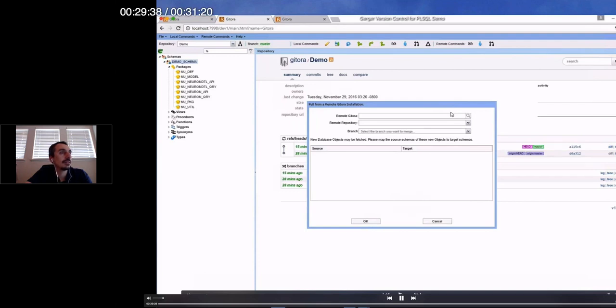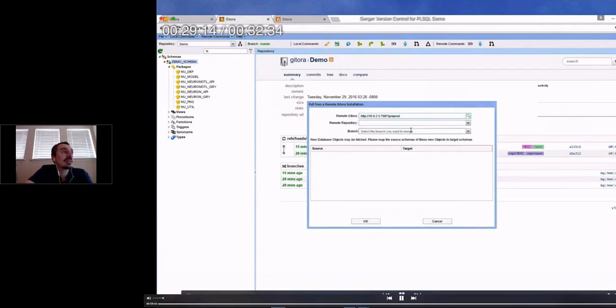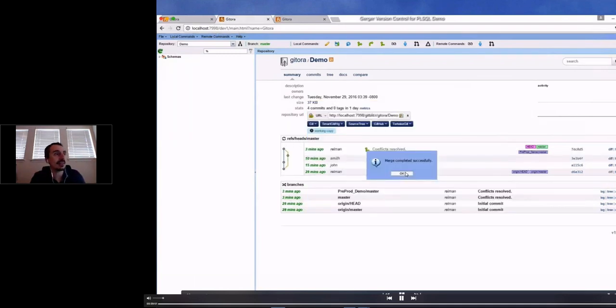Let's see here. We just pick from pre-prod, pick the demo, pick the branch, click OK, and all the conflicts are resolved, moved here, all the history is here. It's just fine. Dev 1 can continue development without any issues. And the same is true for Dev 2. Well, that completes my